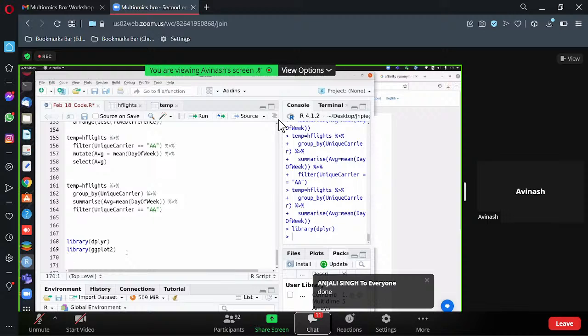Okay. Now, the third library that we want is, because today we are going to work on the Excel file, not on the CSV file. So we also want